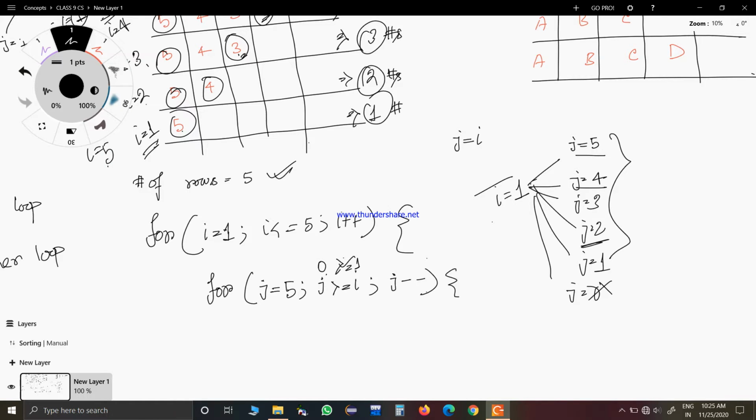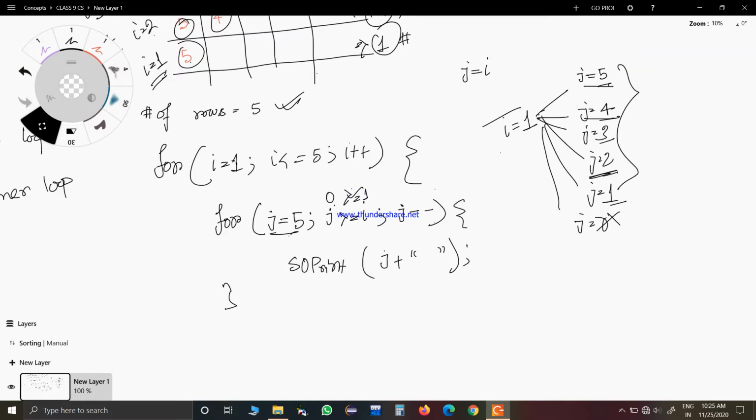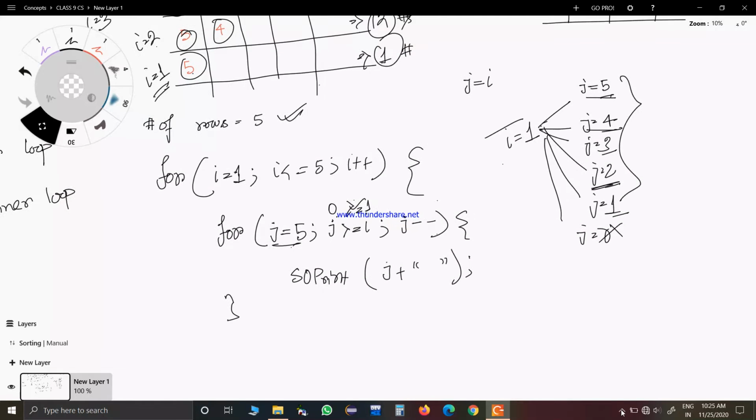So this is okay. And each time, what do we have to print? We have to print the value of j, because basically j is decreasing. So j is 5, j is 4, j is 3, j is 2, j is 1. So I have to print the value of j along with a space. And since we have to come to the next line, one thing for sure is that after writing the inner loop, you have to write the